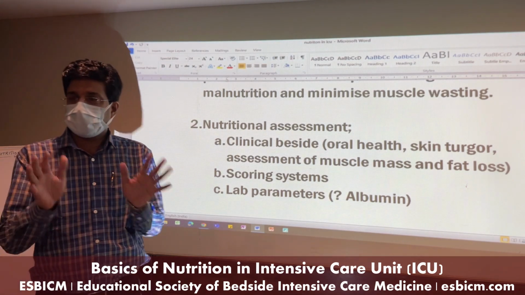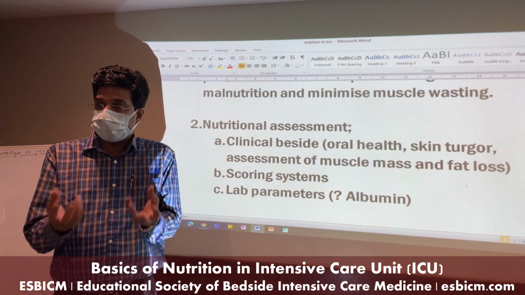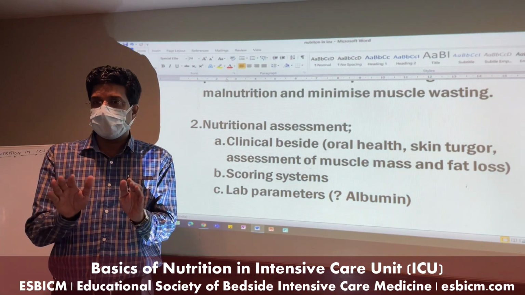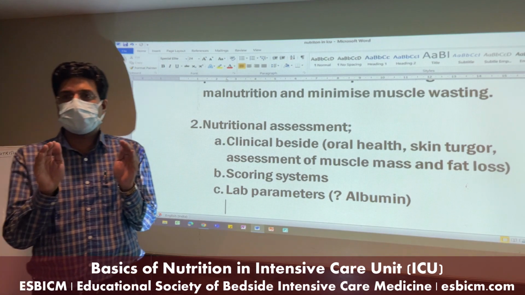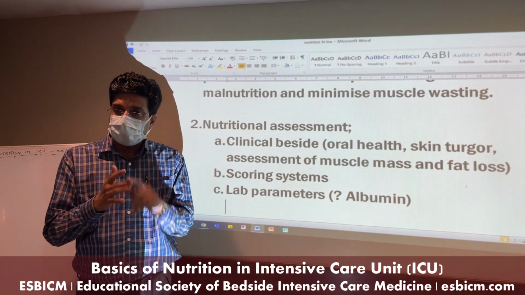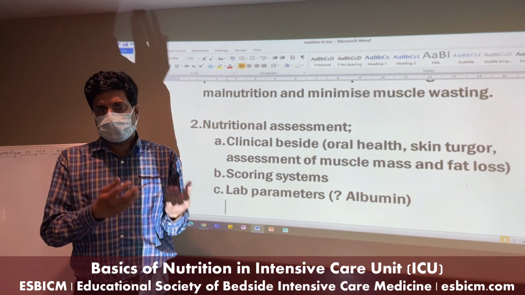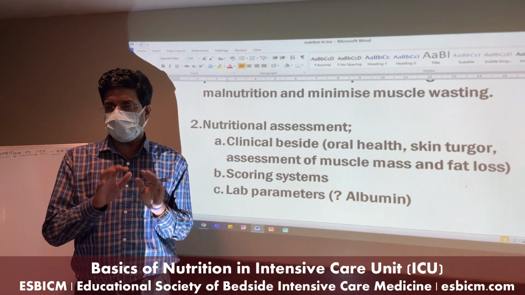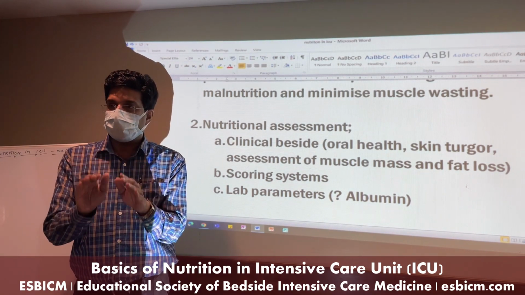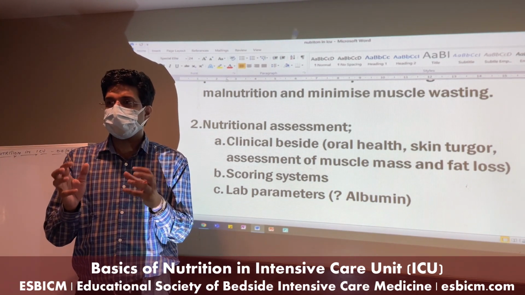One, category of patient. If it's a trauma patient, a burn patient, a sepsis patient, a post-op patient, a post-malignancy patient, you have a certain idea that this patient's nutritional requirement is a little bit high. Trauma, burn, malignancy and septic patients will have high requirements. From the post-op and pre-op history, you will have some idea that this particular patient will require more nutrition, more protein to have wound healing, like in abdominal surgeries, because you require proteins to heal the wounds.